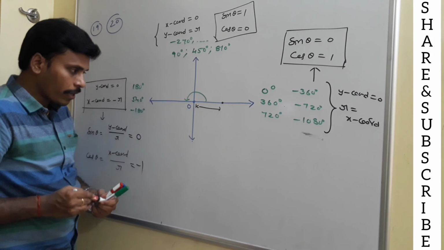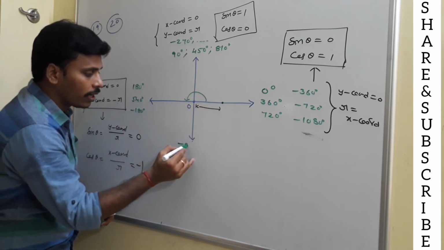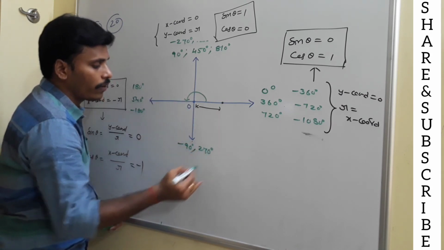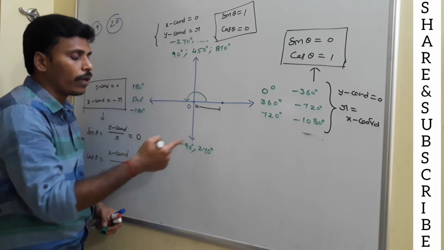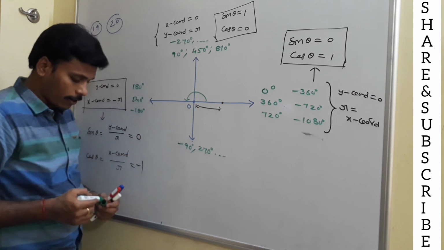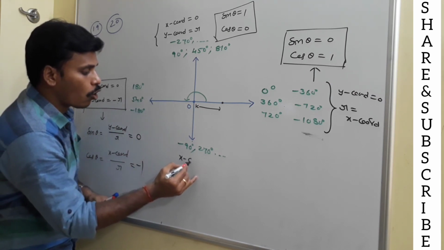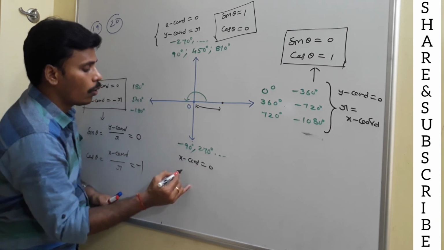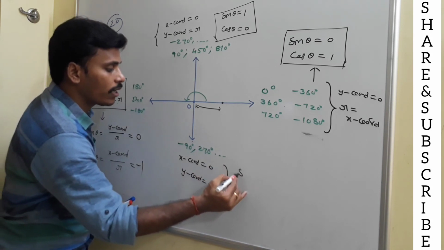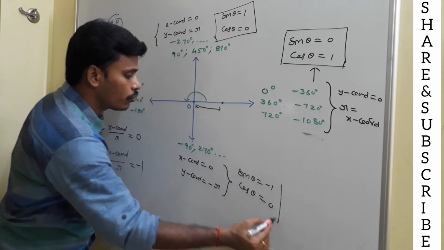And again for the negative y-axis, if you think about the angles, if you move in the negative direction, it corresponds to minus 90 degrees. If you move in the positive direction, it corresponds to 270 degrees. If you take some more rotations, you may have some more angles related to this terminal ray. But on this terminal ray, the x coordinate is equal to 0, whereas the y coordinate is equal to minus r. From there it is very clear that sine theta is equal to minus 1 and cos theta is equal to 0.